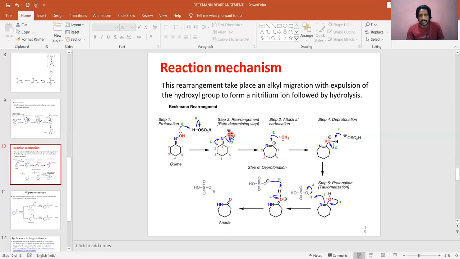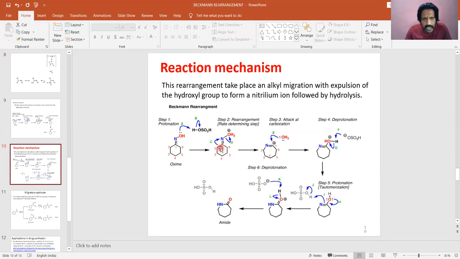Okay, so if we add H plus to this OH, it is converted into OH2, leaving a plus charge on oxygen. Now the very important step, because this OH2 will go out, in order to attain stability as a water molecule. Then this nitrogen becomes an electron deficient nitrogen. So here is the most important step. Now the migration should happen. But if we look here, what are the possible groups to migrate? We cannot find any group to migrate, and this is a cyclic compound. What happened here? Look here.